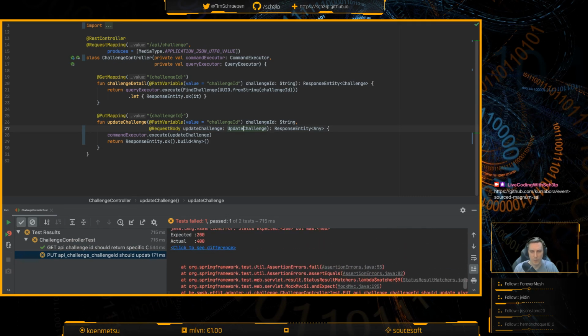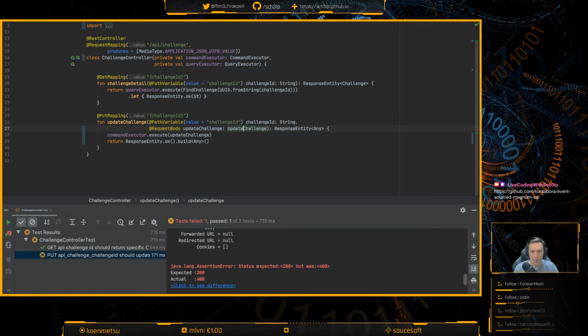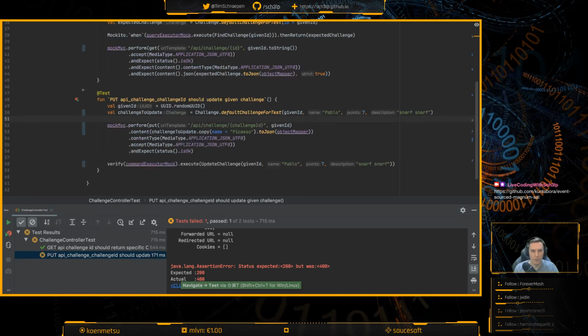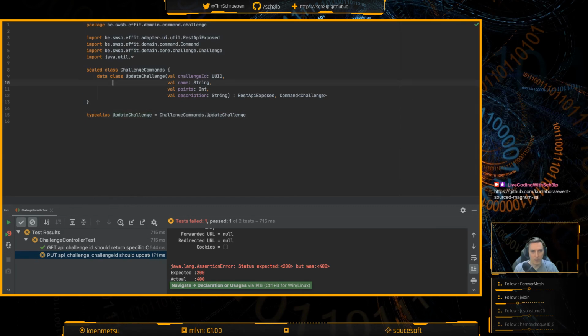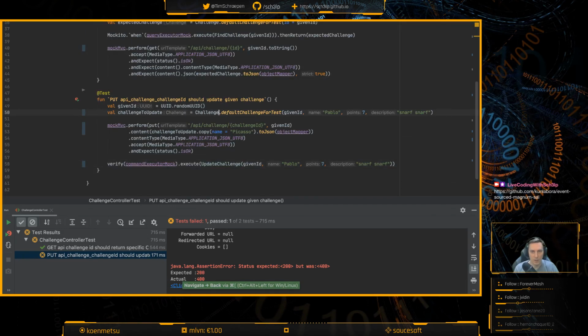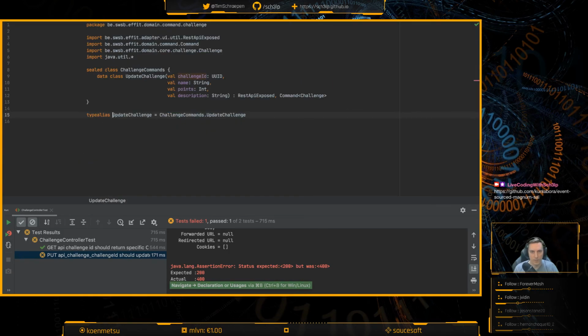Yes. 400. That's because it's no longer a challenge, I guess. And then it's slightly different. Oh no, it's slightly different. Why is that? Because the command is called challenge ID, and a challenge has just ID. So you know what?